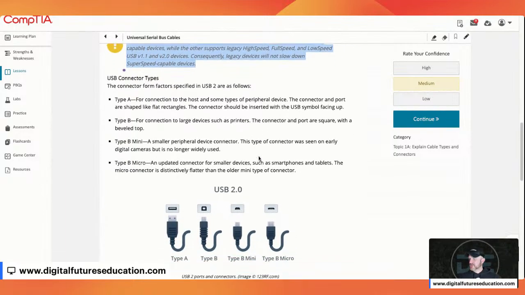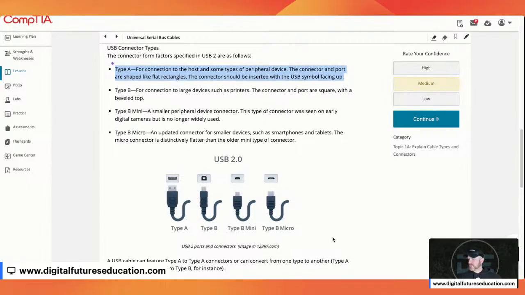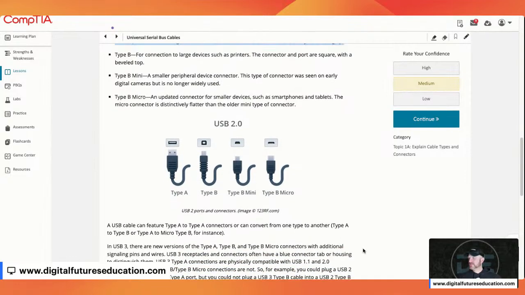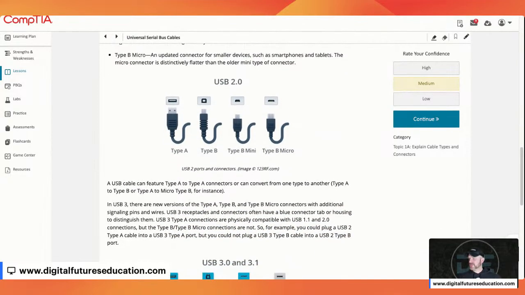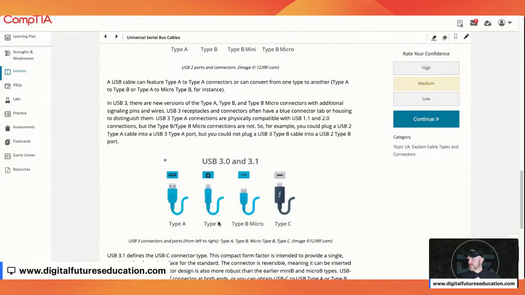And here we look at just the types of USB connectors, which we're probably all familiar with. We have the type A for connection to the host, type B for connection to large devices such as printers, type B mini, a small peripheral device connector, type B micro, such as smartphones and tablets, distinctly flatter than some of the older ones. And then we also have type A, type B